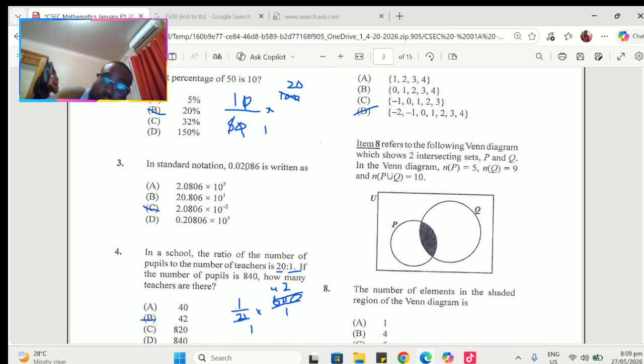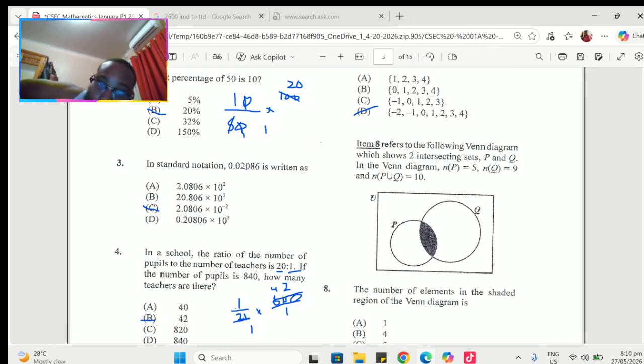Number 8 refers to the following Venn diagram, which shows two intersecting sets, P and Q. In the Venn diagram, the number of elements in P is 5, and the number of elements in Q is 9. And the number of elements in P union Q, this is Jan 2023, is 10. So they want to know how much is in the shaded part,